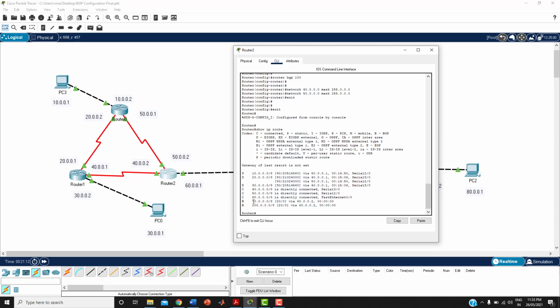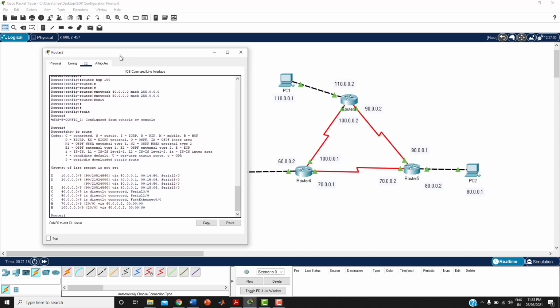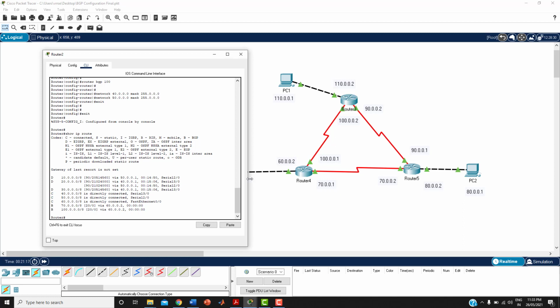Now I'm getting 70 and 100 here. So the 70 network is showing here, and 100 is showing here. The remaining networks, 80, 90 and 110, are not there. So it is not fully converged.